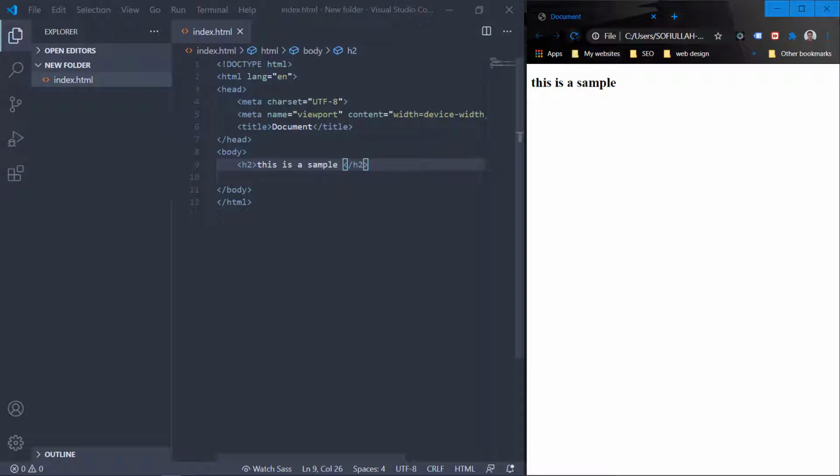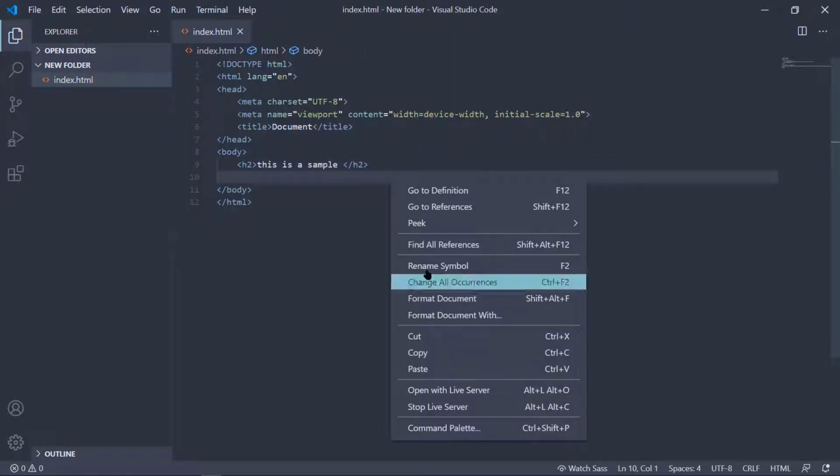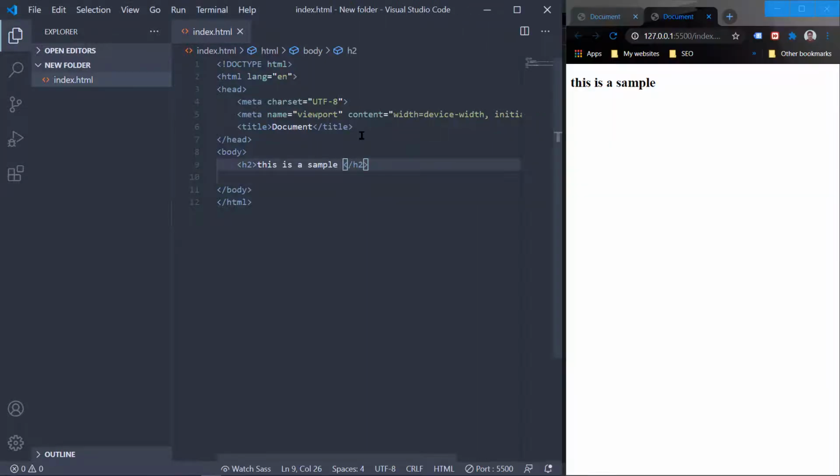We don't need to refresh the browser anymore. In most cases there will be an option at the bottom bar that says Go Live, but in this case it is absent, and it can be absent sometimes. But you can just right click on the HTML page and there should be an option of Open with Live Server, or there is a shortcut for that also. You can also use that. So let's do that. And this is the Live Server. Now if we want to change something here, we can just do it directly from here, then save it with Ctrl S, and it will be automatically changed here. We don't need to refresh that anymore.